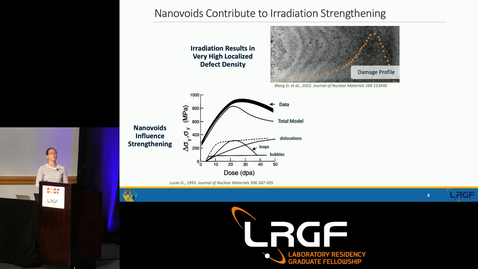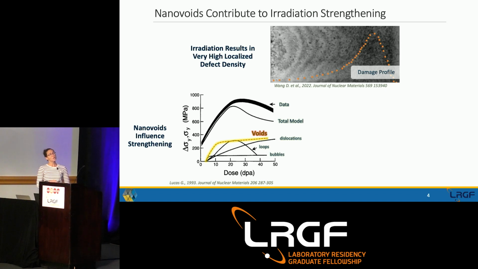So here's just an example of the approach that people take to understand the strengthening effects of these high defect concentration areas, where you can actually see an increase in both strength and hardening in these irradiated metals. So you can look at contributions from increasing your dislocation content. I'll talk about dislocations a lot. Increasing your dislocation loop content. You can have stacking fault tetrahedra, you can have bubbles, or we can notice here you can have nanovoids. Nanovoids are expected to be a significant contributor to the strengthening of these metals, in particular, increasing the bulk effective